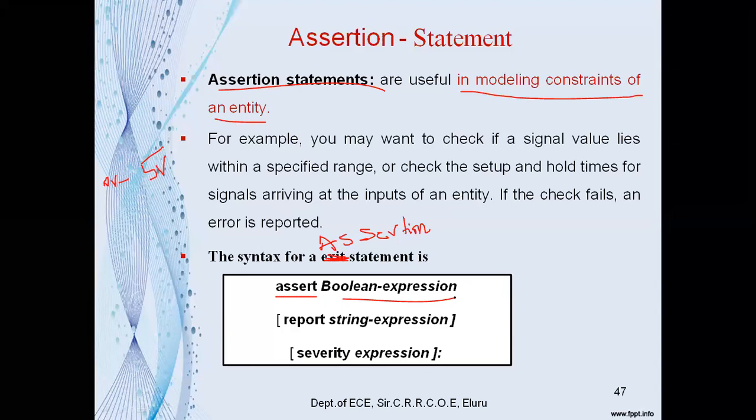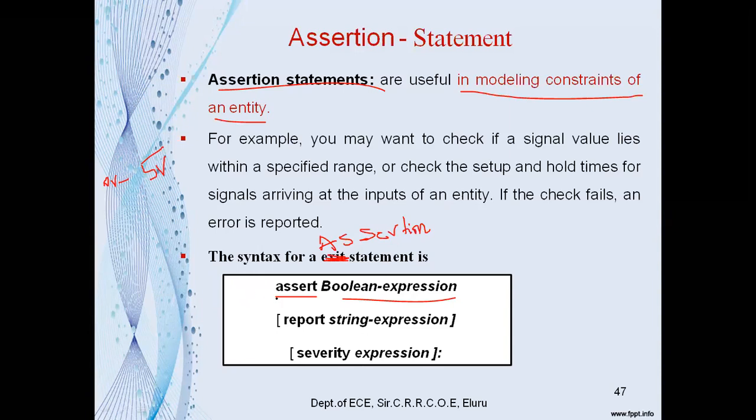If the condition is met, if the Boolean expression is true, then it will not report back any message. If the condition is false, then it will report back with a message and also with its severity level. Here you can see the syntax of this assertion statement.